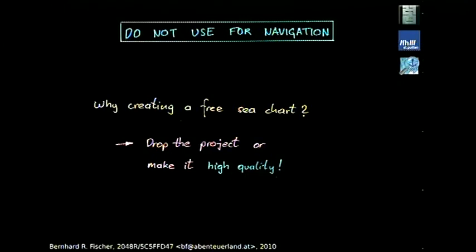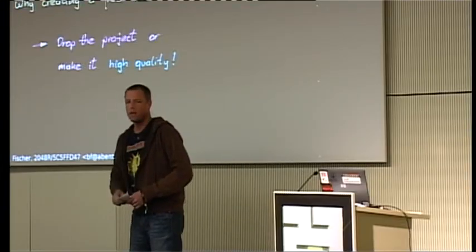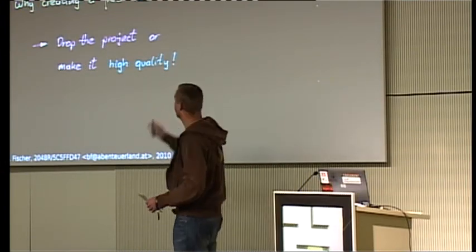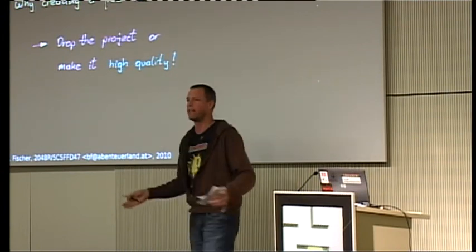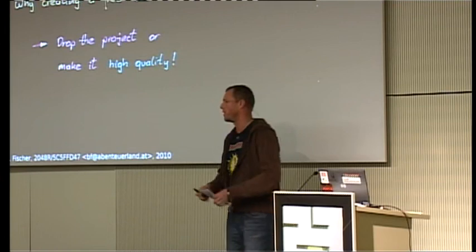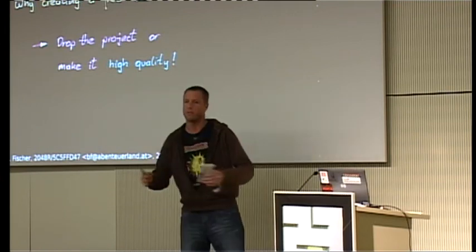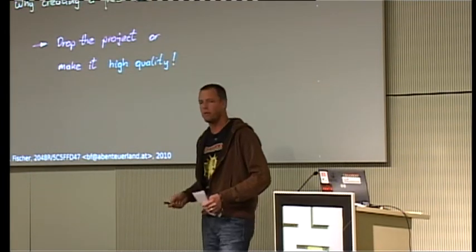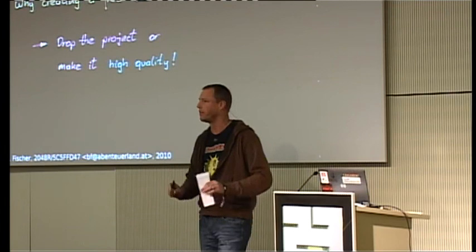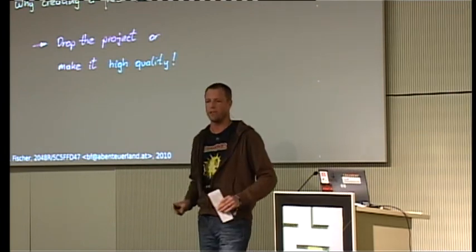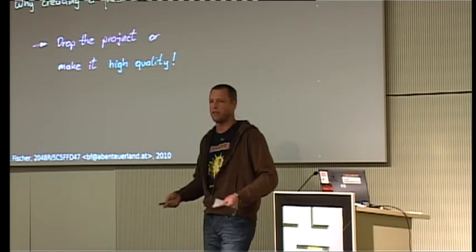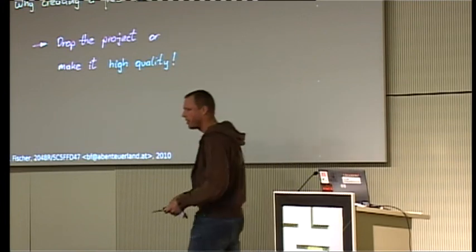Some of you, I think, are familiar with marine mapping or with holiday cruises. If you use a sea chart and it's not an official one, then it may say on the top, do not use for navigation, because it's from unreliable or untrustworthy sources. So if we create a sea chart and we cannot trust it, we should put a sticker on it and say, please do not use for navigation. But actually then the chart is useless. It's completely useless to have a chart which says do not use for navigation. I need a chart that I can use.